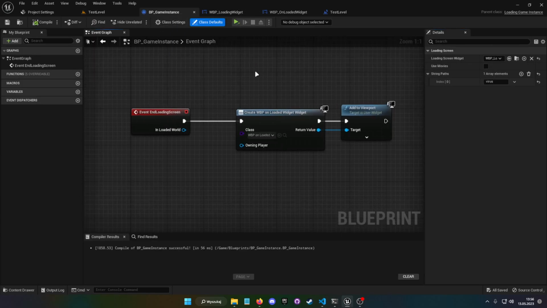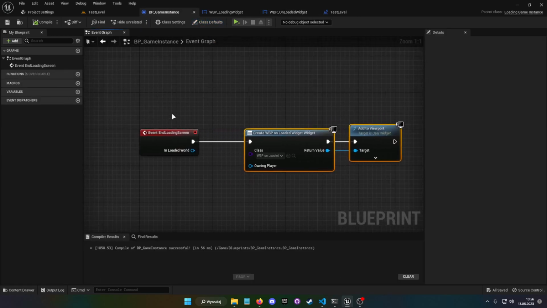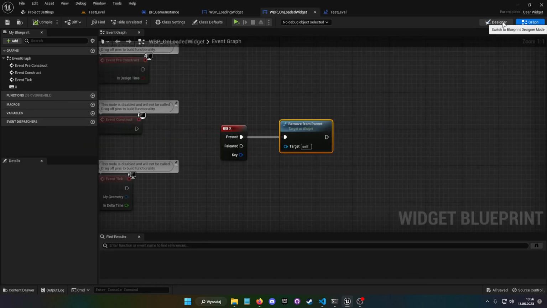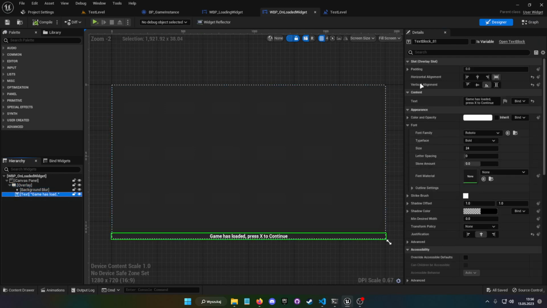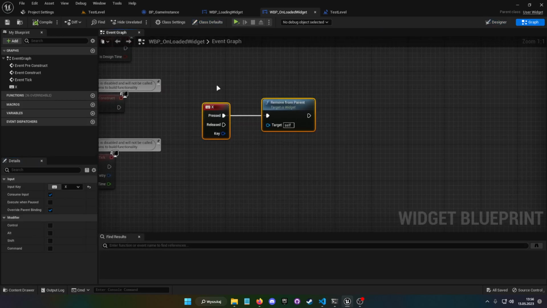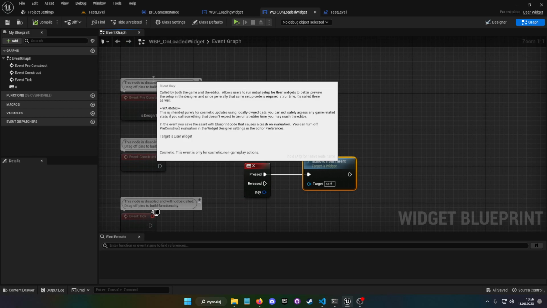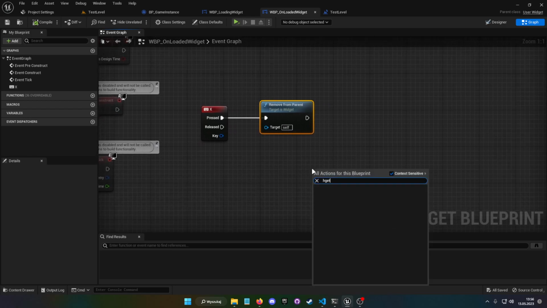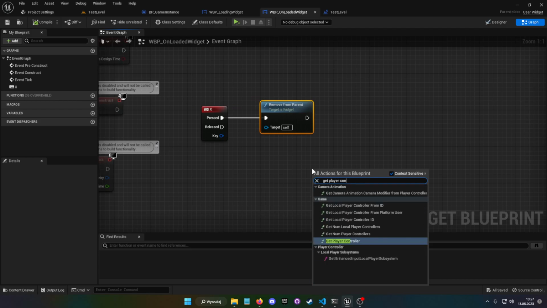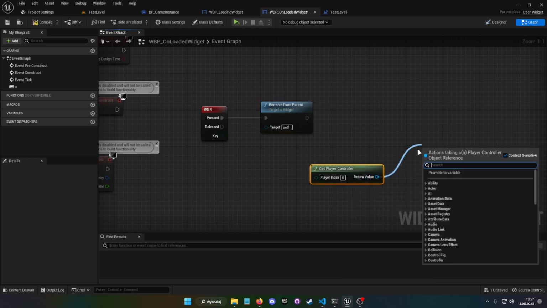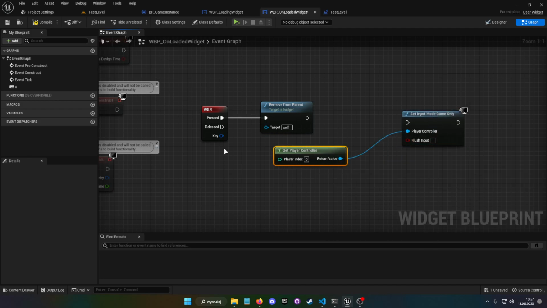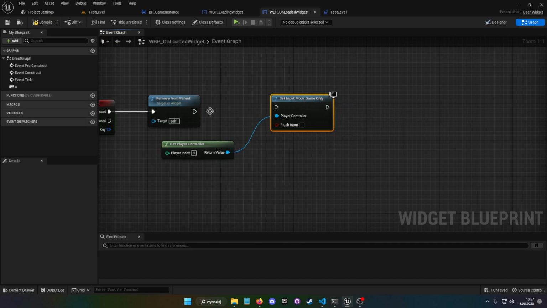And how I did the onLoaded widget: basically create a widget, add to viewport on that end loading screen, and the widget is just a blur, a text, and an event with X to remove from parent. And you can of course add get player controller, set input mode to game only, and it will set the input to game only.